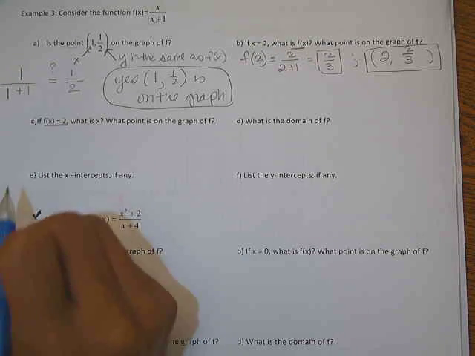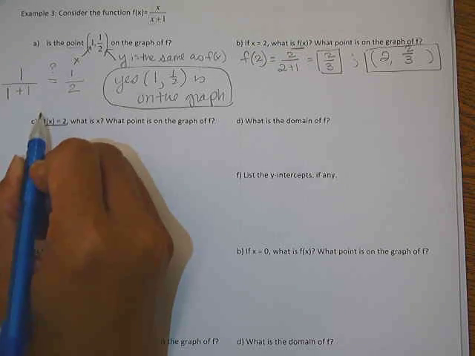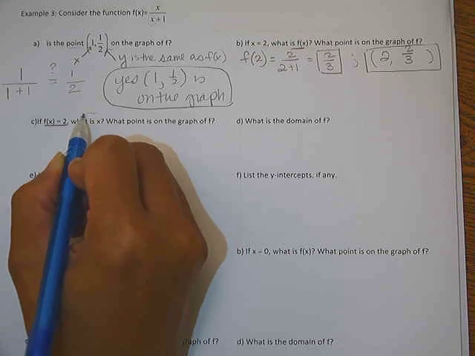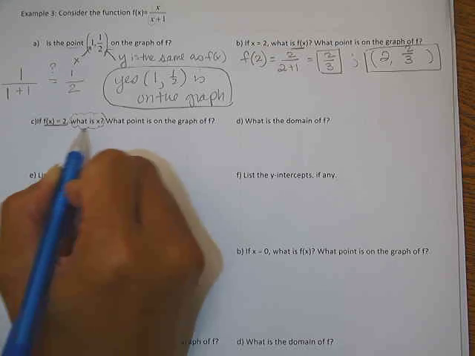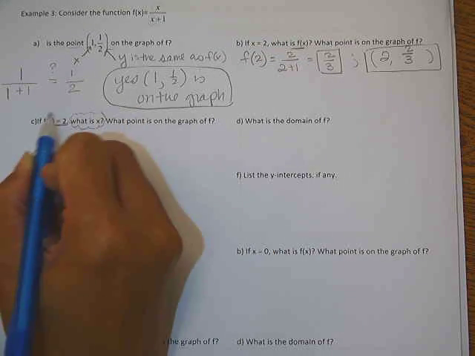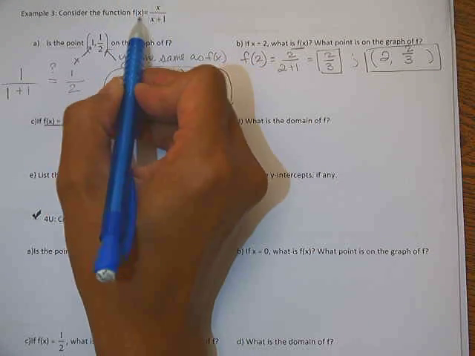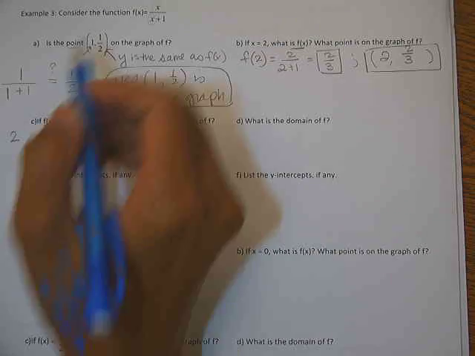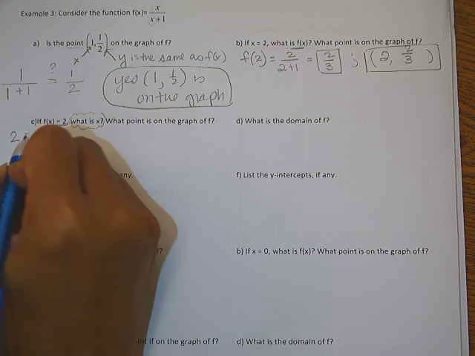I hope you said no, because this is actually a y value, and I'm searching for x. It even says so: what is x? Because it's a y value, I'm going to put it in here, f of x. So f of x is 2. Substitute f of x with 2, so 2 equals